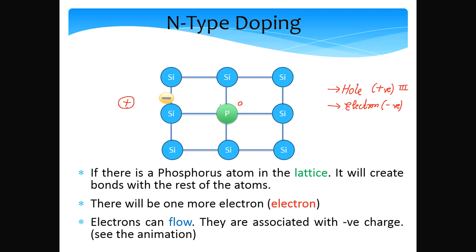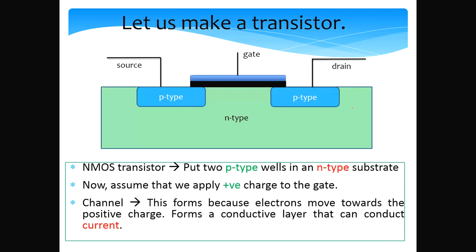This is precisely the reason why, if we dope silicon with either a group 3 element or a group 5 element, we have extra charge carriers. And what are the extra charge carriers? They are either holes or electrons, and thus the net conductivity increases. So with this basic understanding of p-type and n-type semiconductors, what are n-type? N-type semiconductors are semiconductors doped with group 5 elements like phosphorus, and p-type semiconductors are silicon essentially doped with group 3 elements, which is boron.